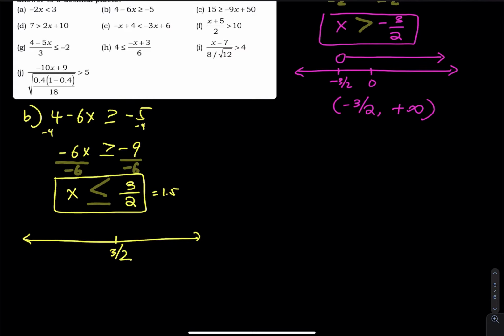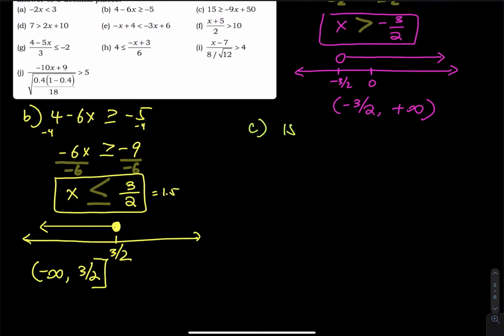And then less than or equal to is a solid circle. So shoot an arrow to the left. So that's what we have. And then the interval is from negative infinity to 3 halves. Using a solid circle means that we have to use a square bracket. And then C,